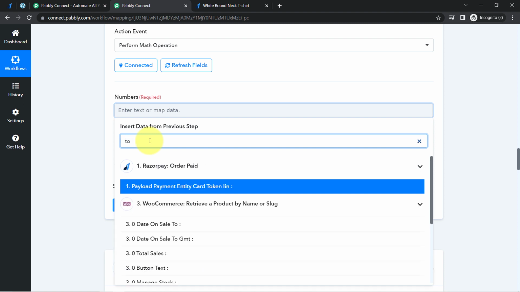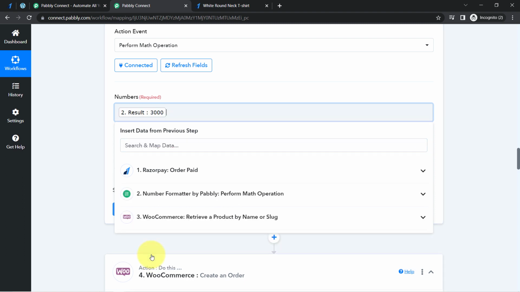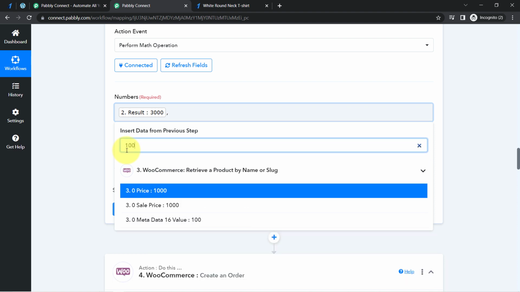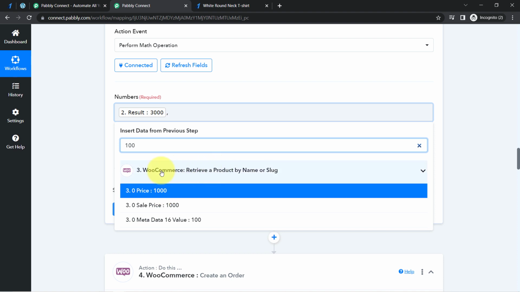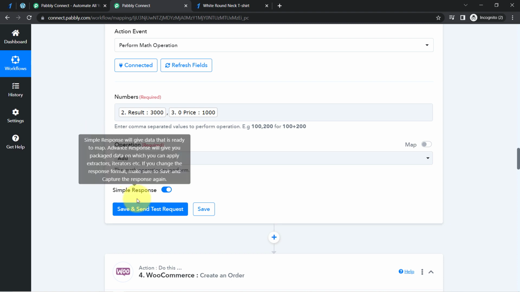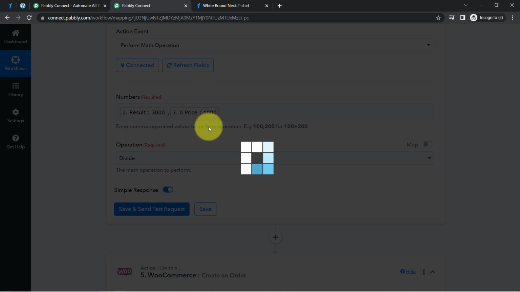We do not have the total price in this way. I'll have to search in this way only. And again, instead of selecting 30,000 I will have to map this 3,000, because this is the actual amount. Add a comma and then you will have to provide the unit price. We have the unit price as 1000. Let me search for the same, and yes, you can provide the unit price of the product from this particular step. Remember, we have retrieved the product related information. I have added the same, and in the operation I will of course select divide, and clicking on this button, you will notice the